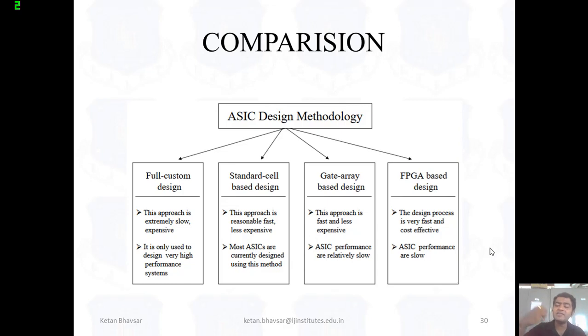But definitely when you're dealing with ASIC, its performance is slow, but it is greater than gate array and standard cell based design. So because of that reason, we use FPGA in each and every product when we're dealing with VLSI technology. And after designing a specific product, we convert it into an ASIC chip to make your product much more compact and faster.